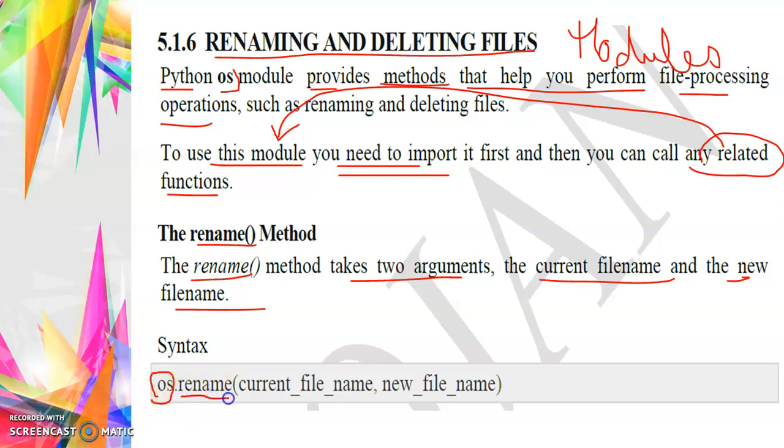Rename is a predefined method present in the OS module, the operating system module. In that rename method there are two parameters: the current file name, that is the existing file name, and the new file name.